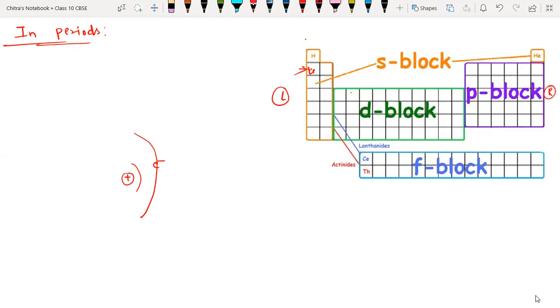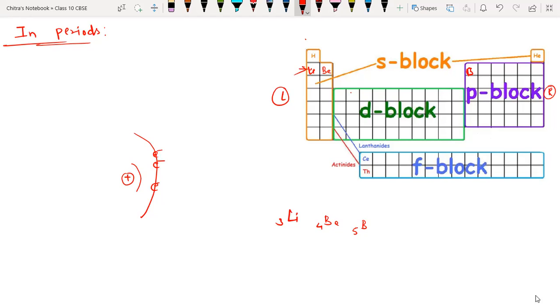After lithium, atomic number 3, we have beryllium, Be, with atomic number 4. That means 1 extra electron is added in the same shell. Likewise, after beryllium we have boron, with atomic number 5. Again, the shell will be the same. Only in the same shell, electrons are added all the time.